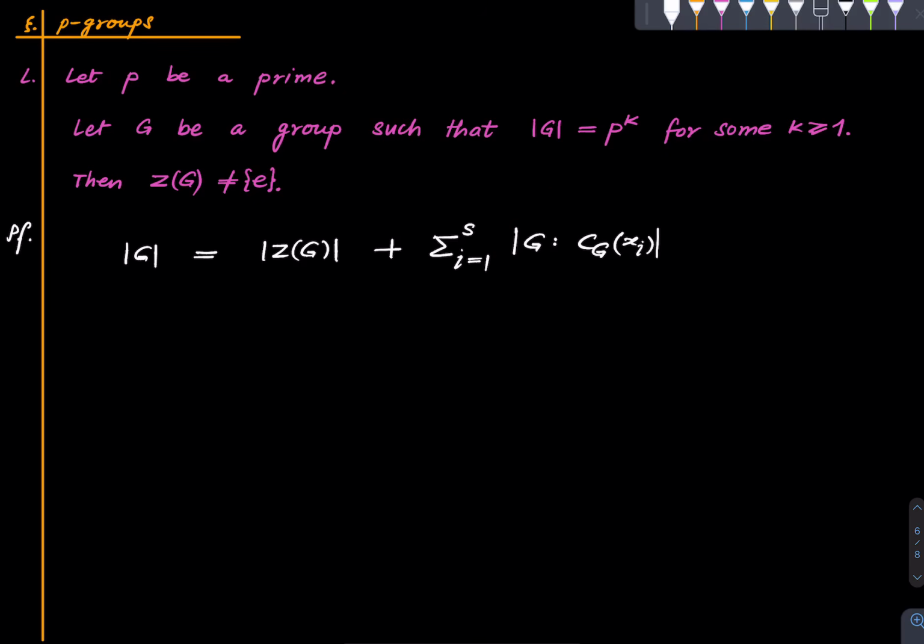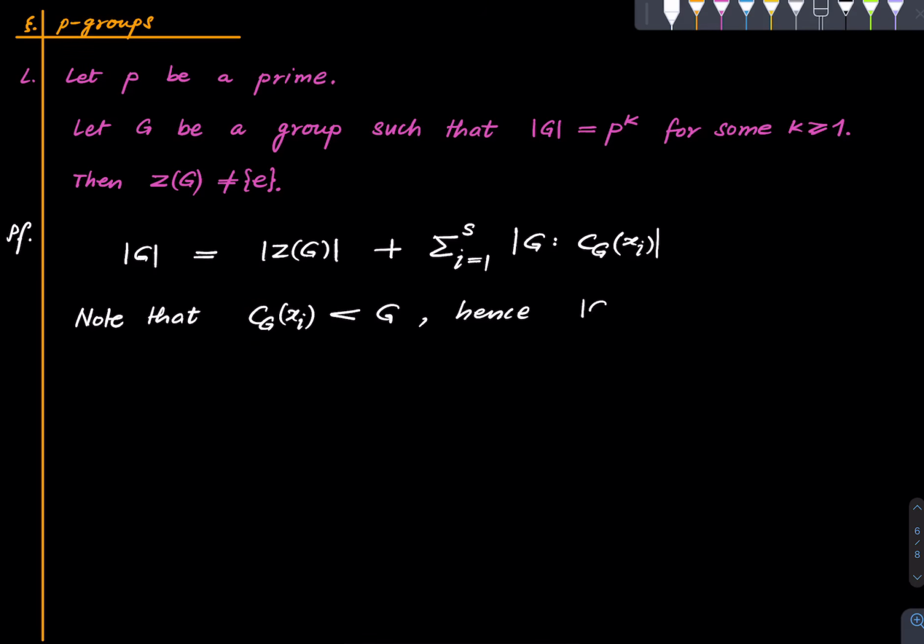Note that this is a strict subgroup of the group G. This is a strict subgroup of the group G because if this were equal to G, it would mean that xi commutes with everything, and that would mean it is in the center, and hence its orbit wouldn't have size greater than 1. So this is a strict subgroup of the group G, and hence